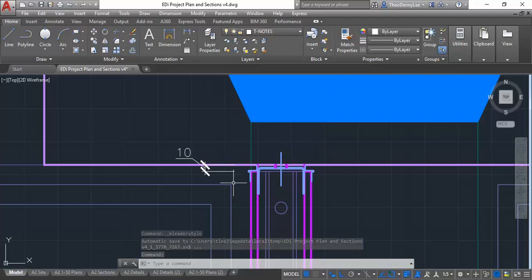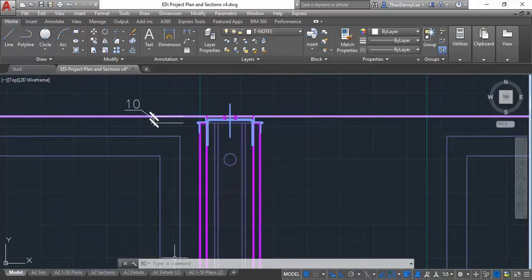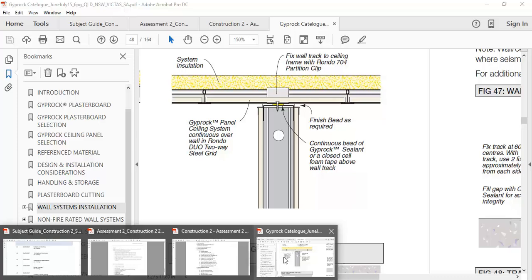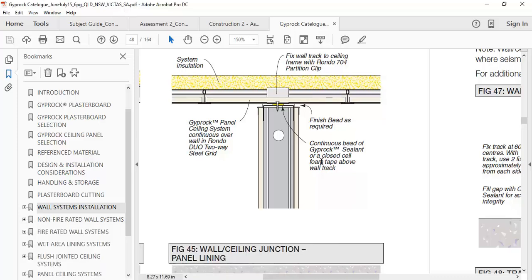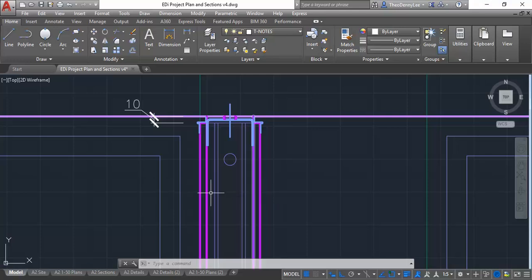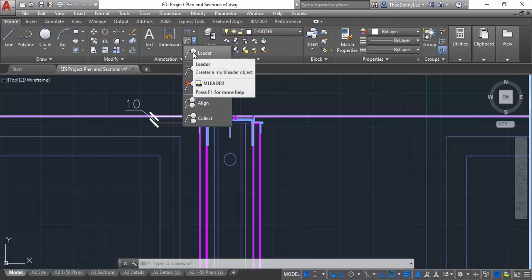Okay, so now I'm going to put in a note. I'm only going to do one. You can read the rest. I'm lucky I don't have to type this in because I've got the PDF file open, and I can now go to Draw Leader by clicking on that button there in the annotation panel. If you click on the arrow, you have options, but the first one there is all you need. So Leader,